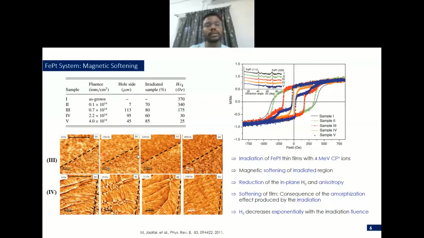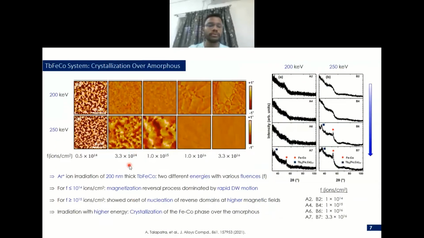And of course, when you apply the in-plane field, you can see the reversal of magnetic domain from nucleation and domain propagation. So if you see another example, which is the rare earth and transition metal system, here the idea of